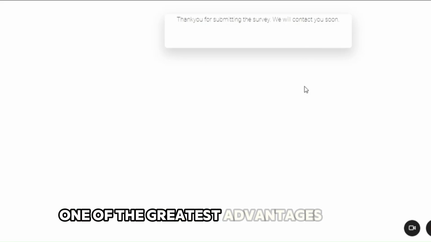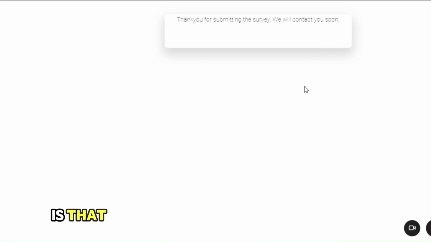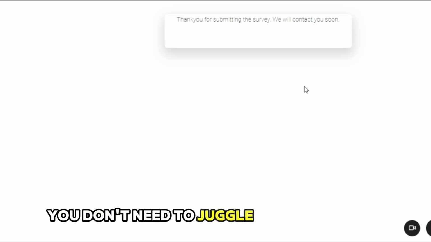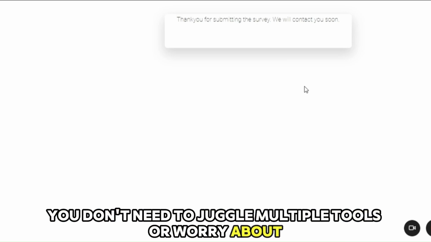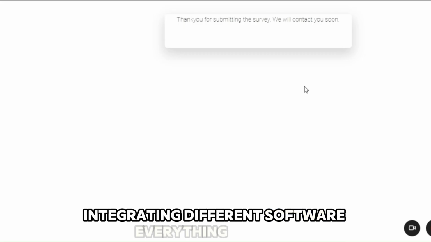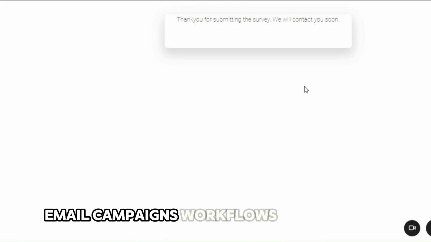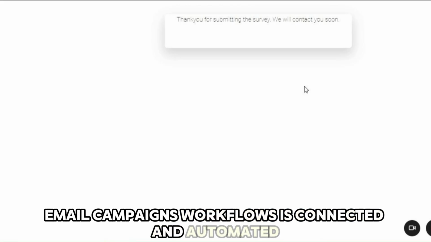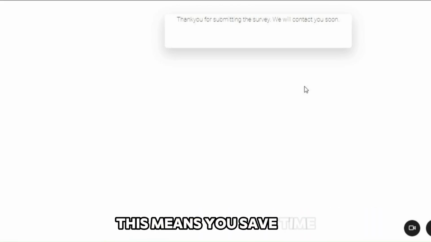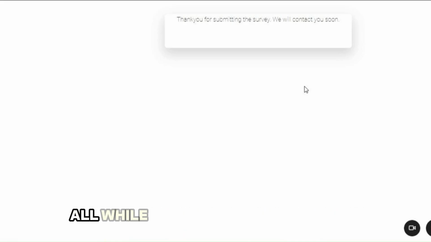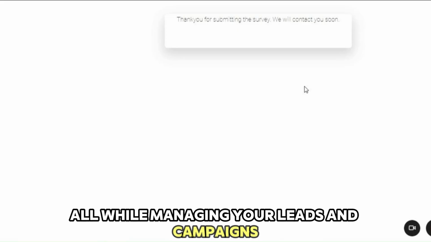One of the greatest advantages of Go High Level is that all of this happens from a single dashboard. You don't need to juggle multiple tools or worry about integrating different software. Everything, surveys, funnels, email campaigns, workflows, is connected and automated. This means you save time, reduce complexity, and increase your results, all while managing your leads and campaigns from one